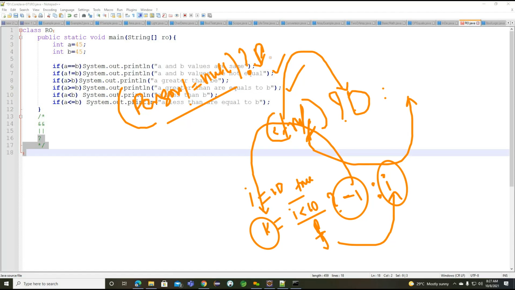For example, the person object has reference p, so p dot get member. If it returns false, then employer, which is e, so e dot get member. This is the way we can write real-time scenario examples.